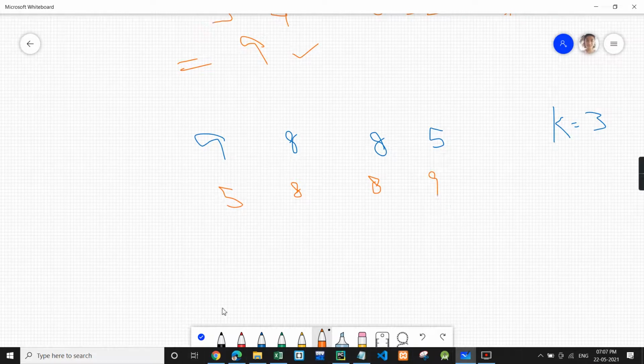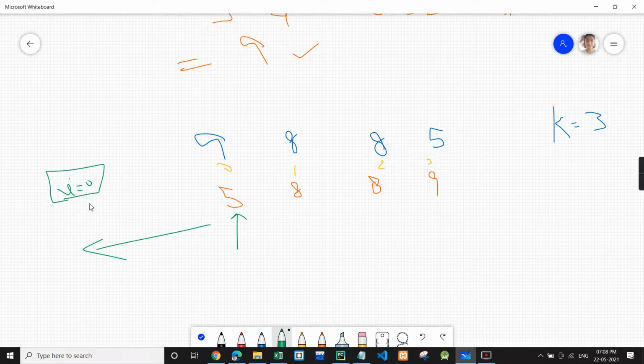Okay. Let's start the iteration. We'll start from 0 index. This is indexing, and we will see that this is positive. So at 0 index only we got positive, we'll break out of the loop. And I value is 0. Now whenever I value is 0, right, what we need to do is, we know that since I value is 0, it means at first position only we got a positive value, right?